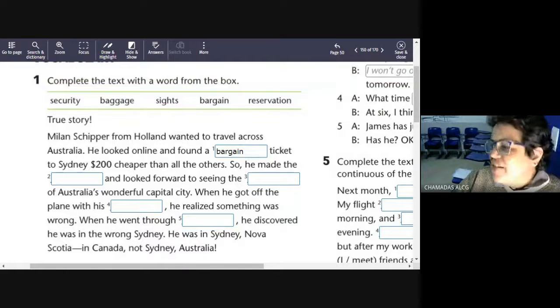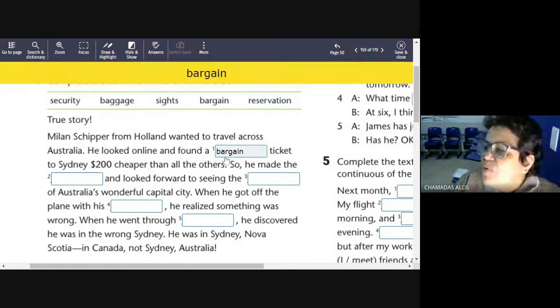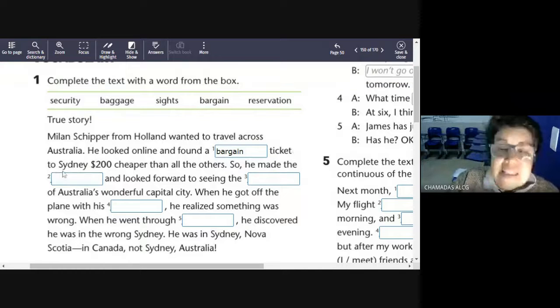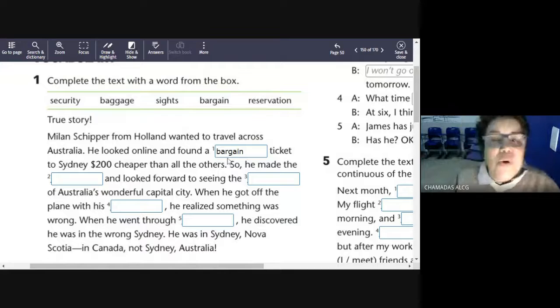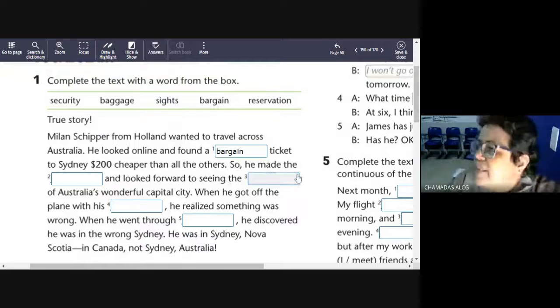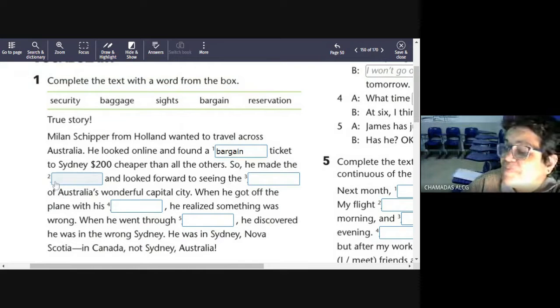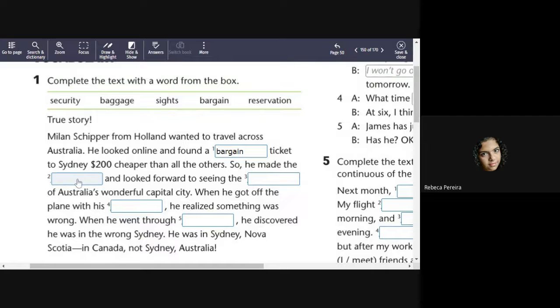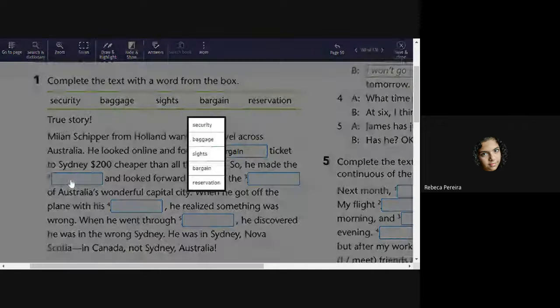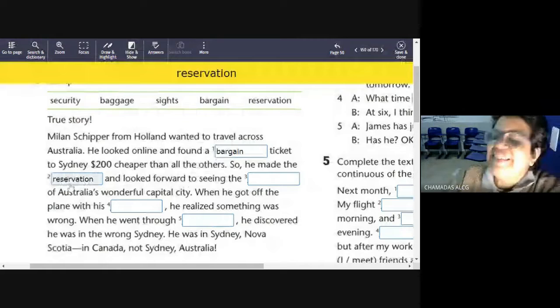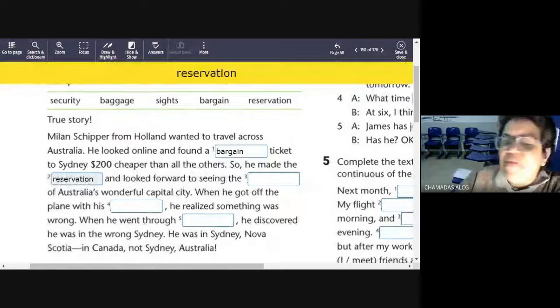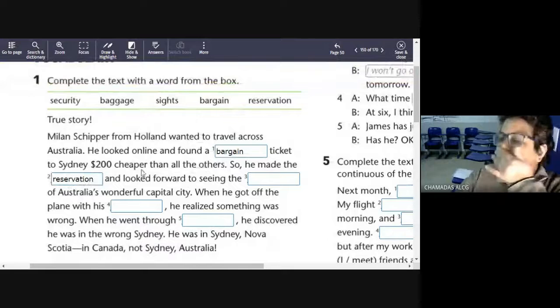If that's what you said, you are correct. So bargain. So he found a bargain ticket to Sydney. Okay, so the word is bargain. So he made the reservation. Yes, very good. He made the reservation and looked forward to seeing the